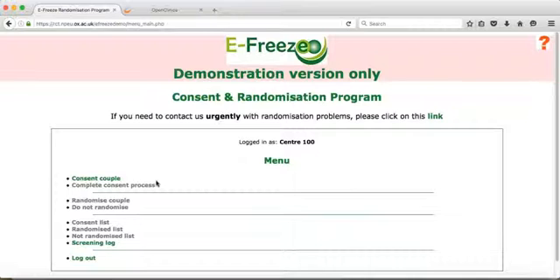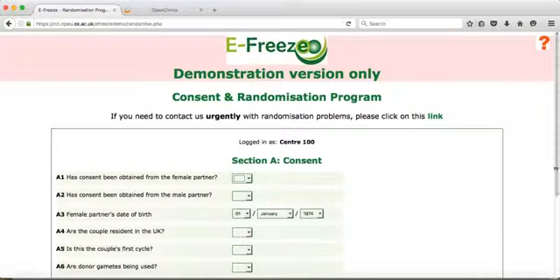Initially, you'll see there are no couples entered, so the only options available are consent couple and screening log, which I'll mention later. As couples are entered, the other options will become enabled. Initially, I will enter consent for a couple where only one partner has signed the consent form. I click on consent couple